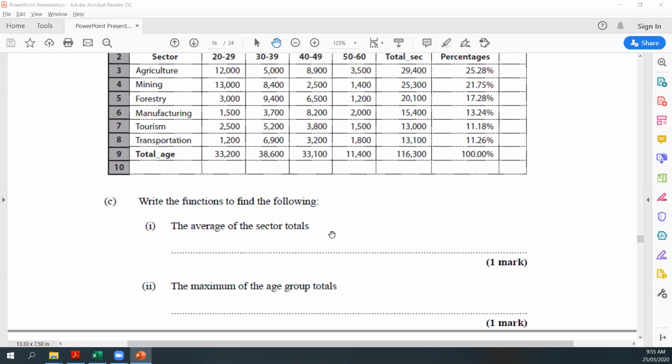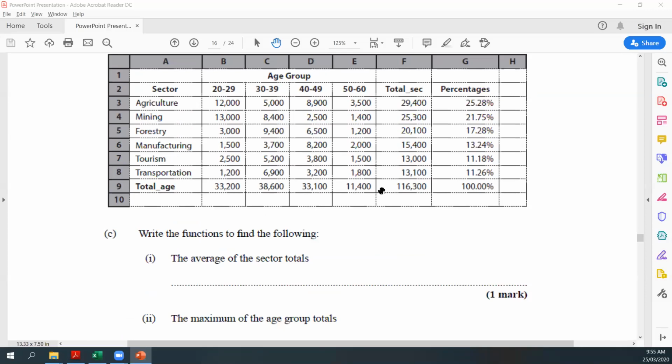Any suggestions for the maximum of the age group totals? First of all, what is the formula in Microsoft Excel to determine the maximum? Okay, so the formula is max, right? This one is shorter. So you want to find the maximum of the age group total. So that would be